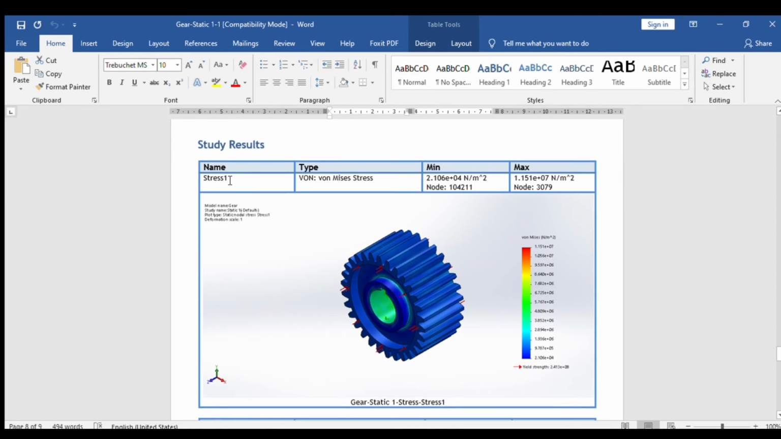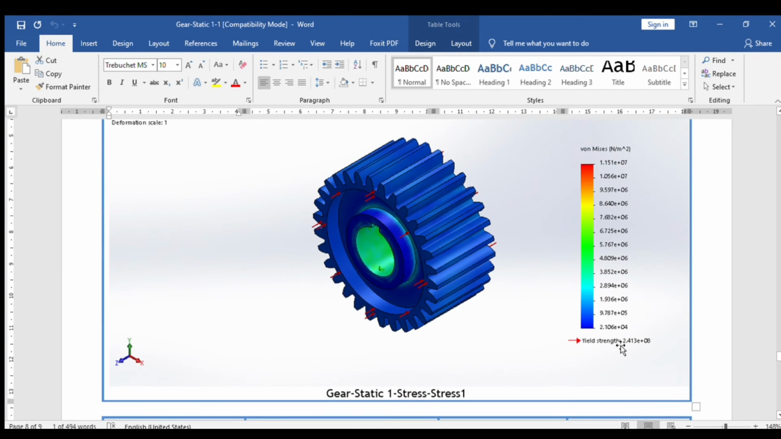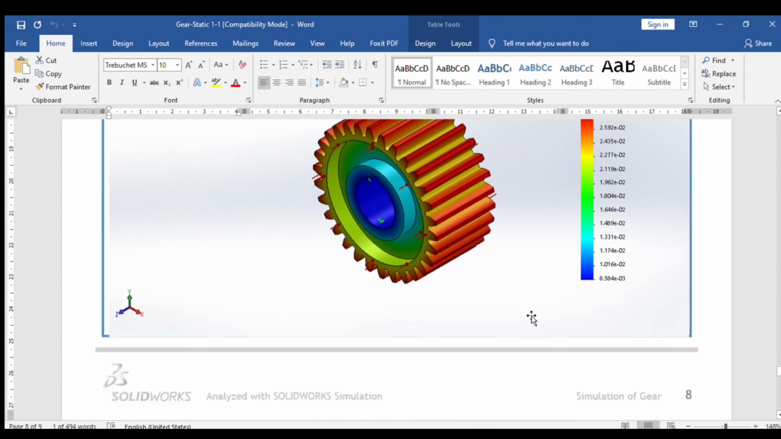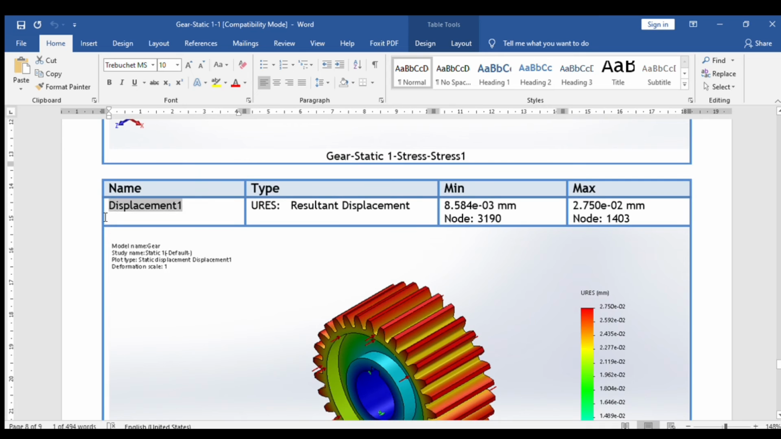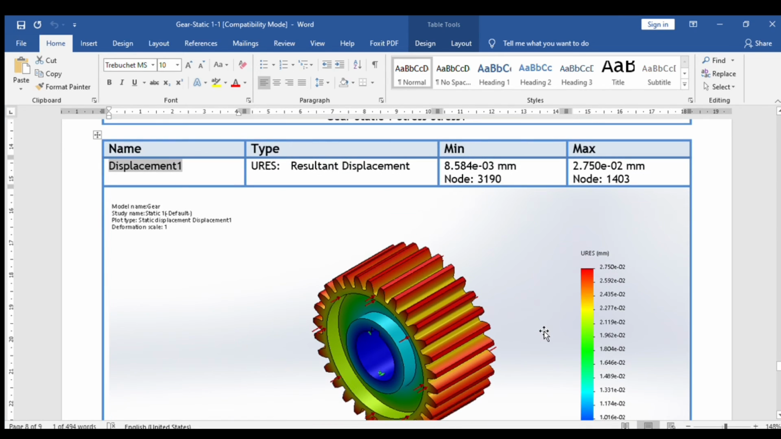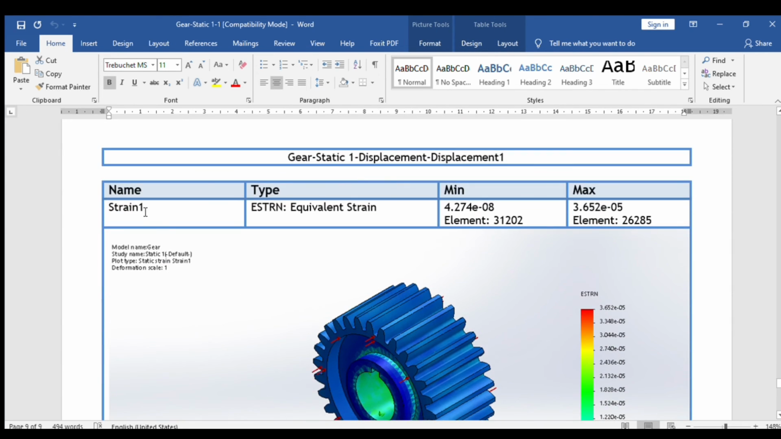and here is the result for stress. So there's a minimum and maximum value for the stress, and we can see the location and how it's applied for every surface of the part. And this is the displacement result, and the minimum and maximum value is stated as here. The color indicates the value of the surface analysis,